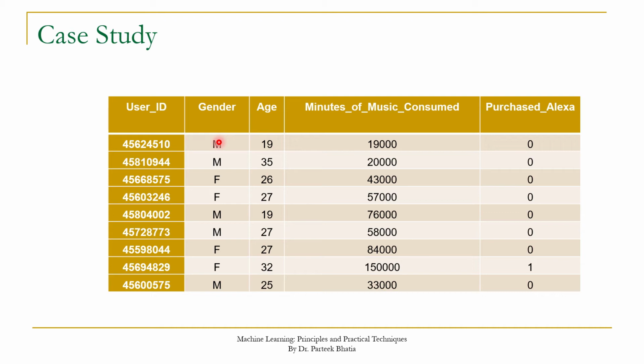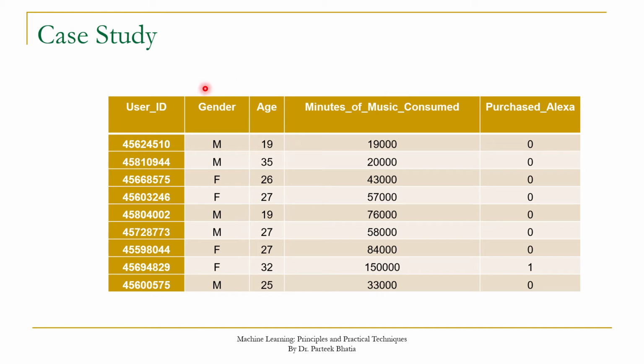You may argue that gender is also important and it can play an important role in building the decision tree, but for simplicity of our model we are only considering 2 input attributes and 1 output attribute. Another idea to choose only 2 input attributes is to make it easy to perform visual analysis of this model, because we can perform visual analysis in 2D plane by considering only age and minutes of music consumed attributes.